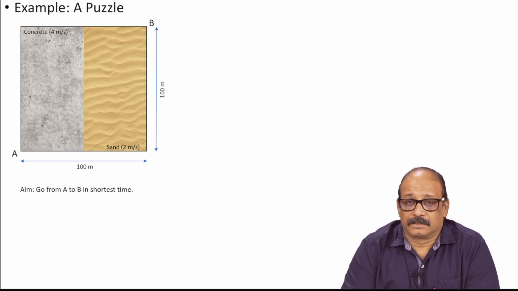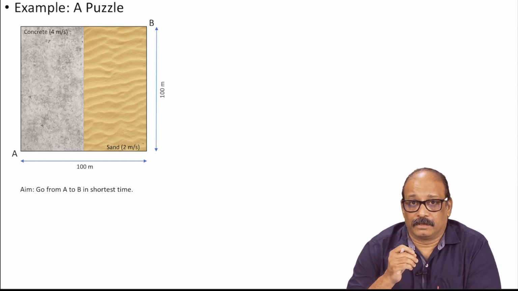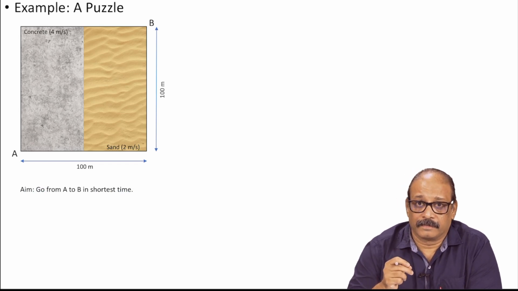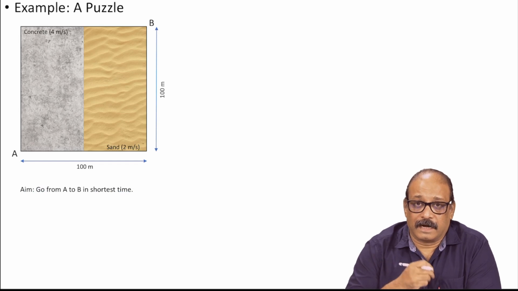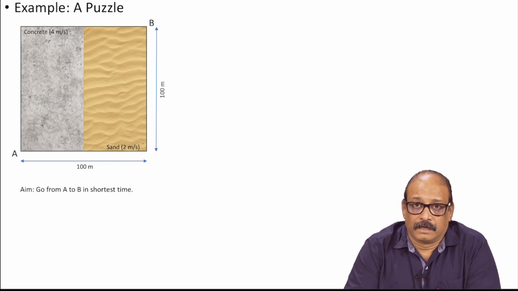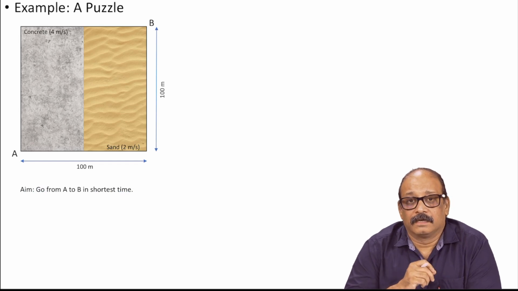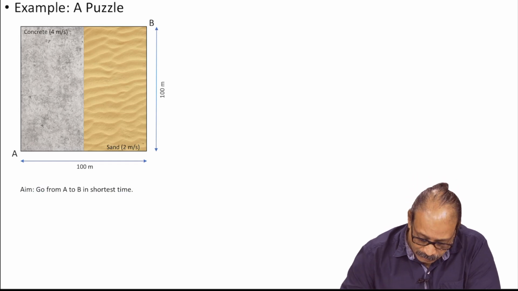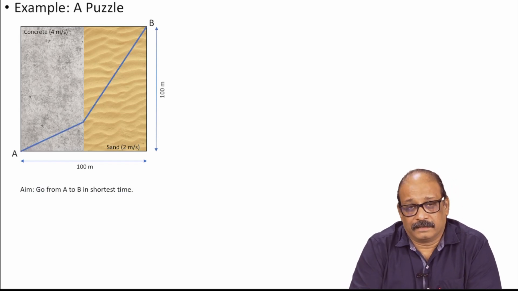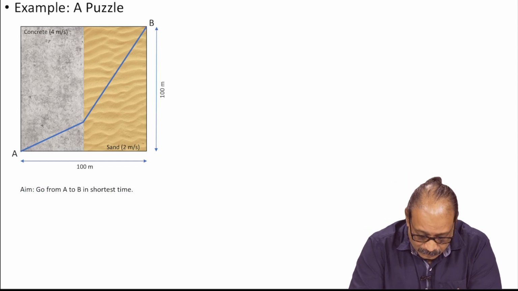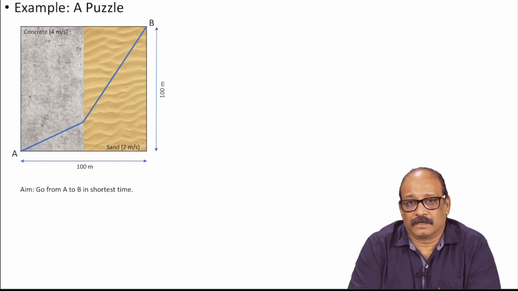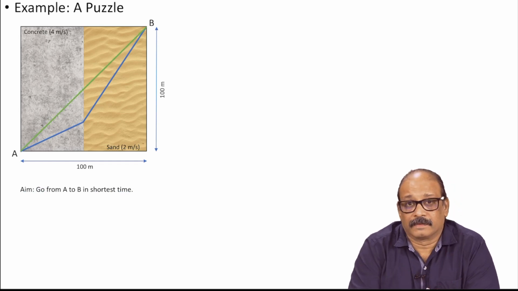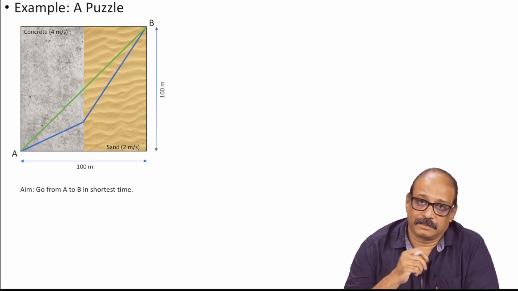If you do not know the answer, you probably want to pause the video here, think about the answer and then start again. So, here what we must do is run in the concrete in a straight line, run in the sand in a straight line. How about a path like this? A path must be somewhat like this, but this of course is not a very good example. How about the diagonal path? The diagonal path is the shortest path,